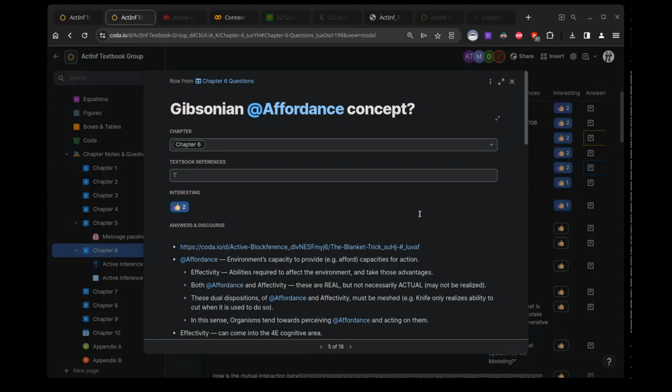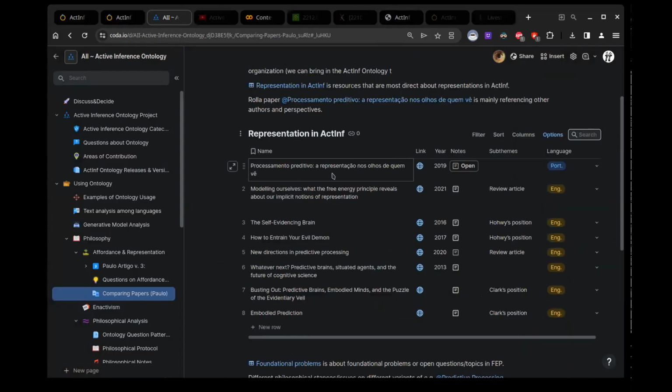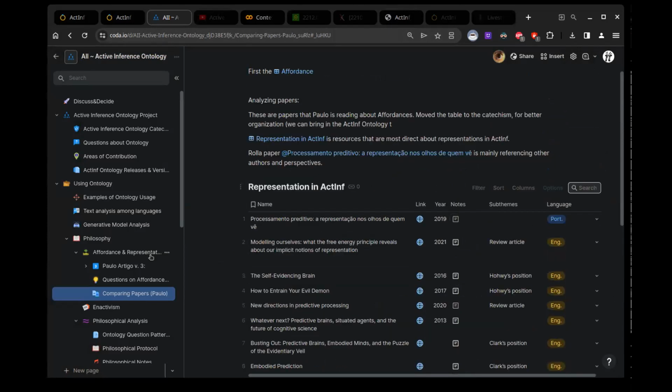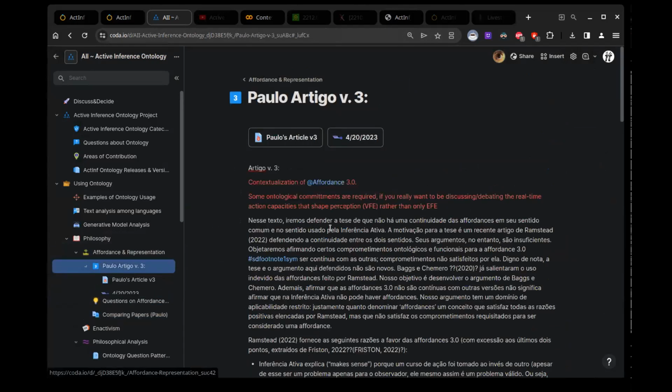Okay. Here I'm going to share some work by Paulo, an intern, and he's analyzing the affordance concept and the representation concept in the English and in the Portuguese literature, using the active inference ontology to connect between the two of them. And there's a table.